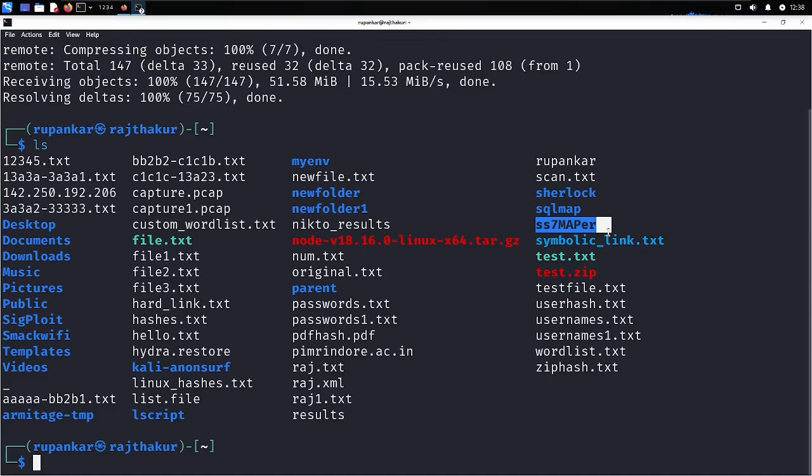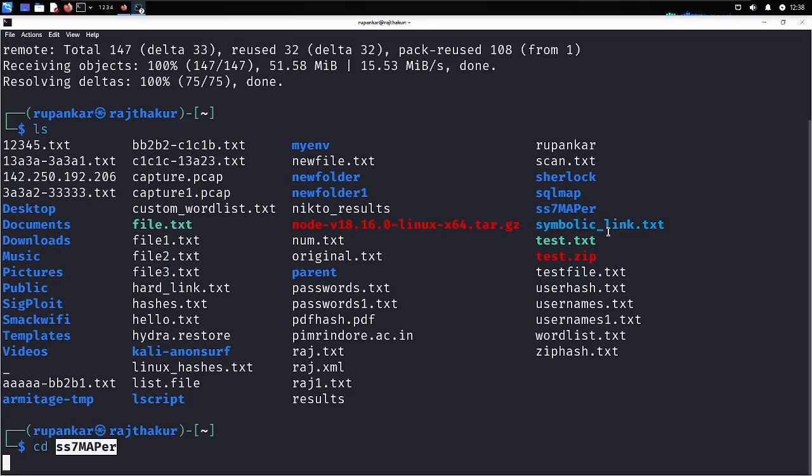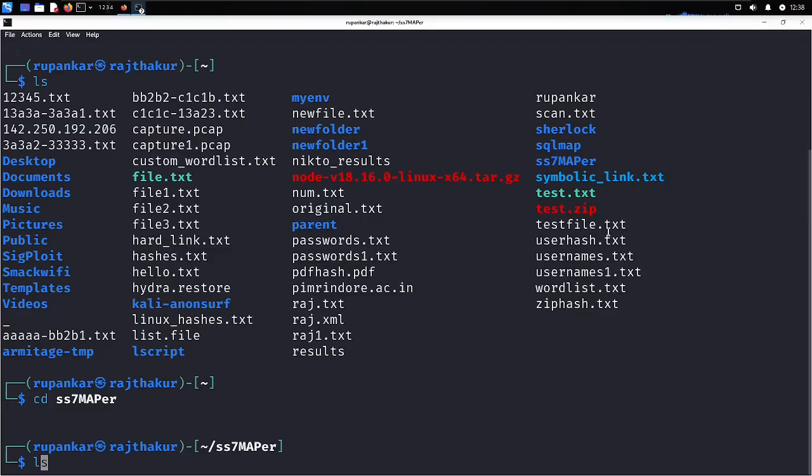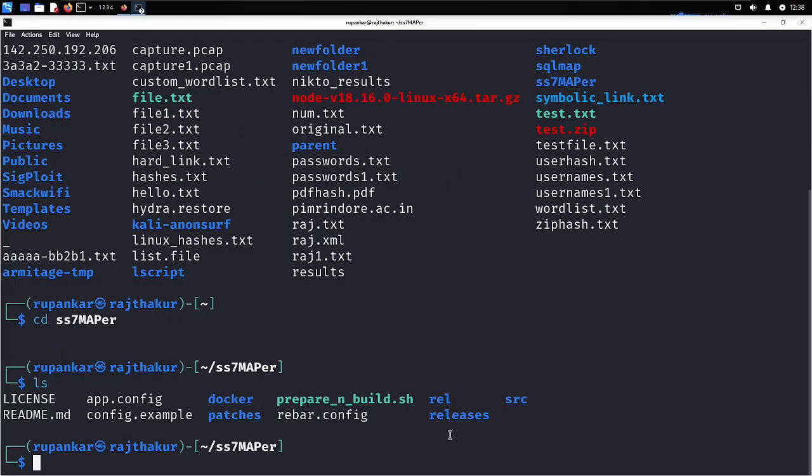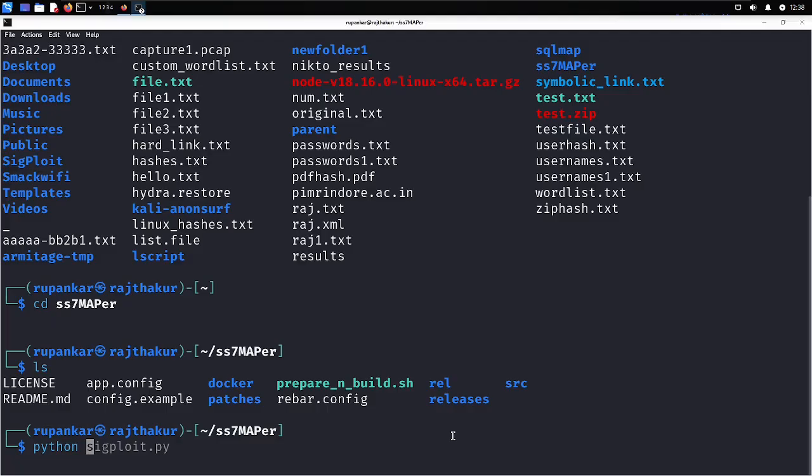After that, simply move to your SS7 mapper, do the requirements that are there, and from here you can run this SS7 mapper, and that will be helping you a lot to capture anyone. Simply use this command: python ss7_location_tracking.py. I don't know if telling this command is legal or not.